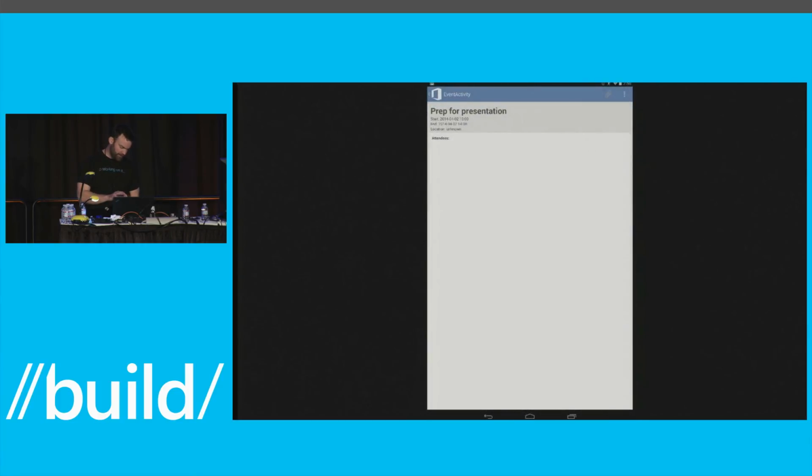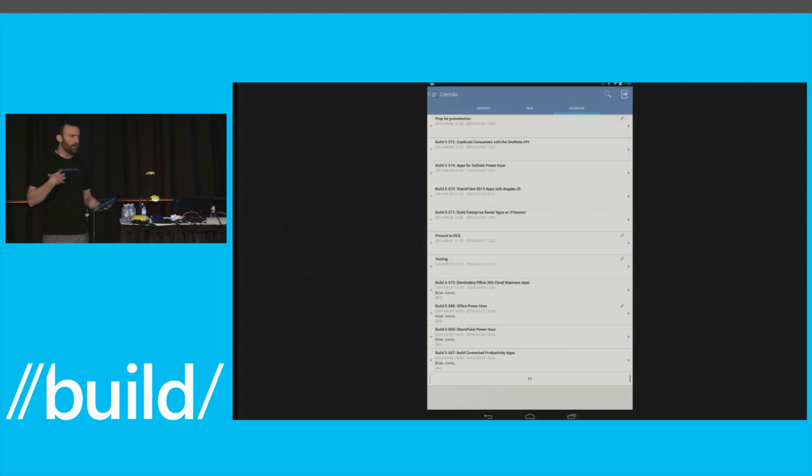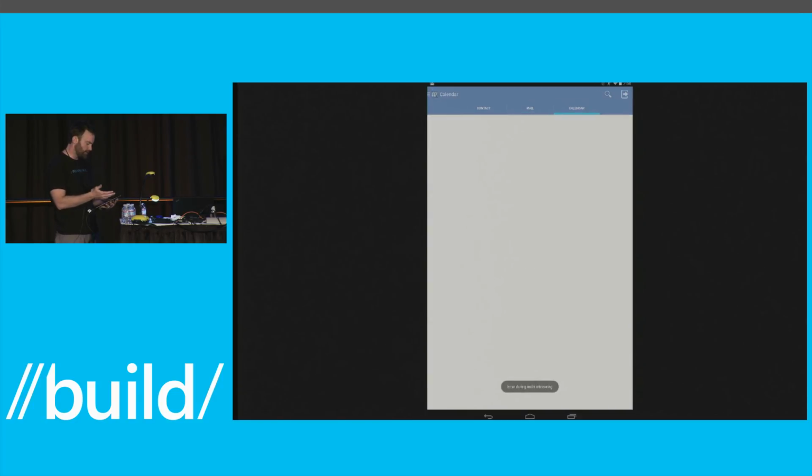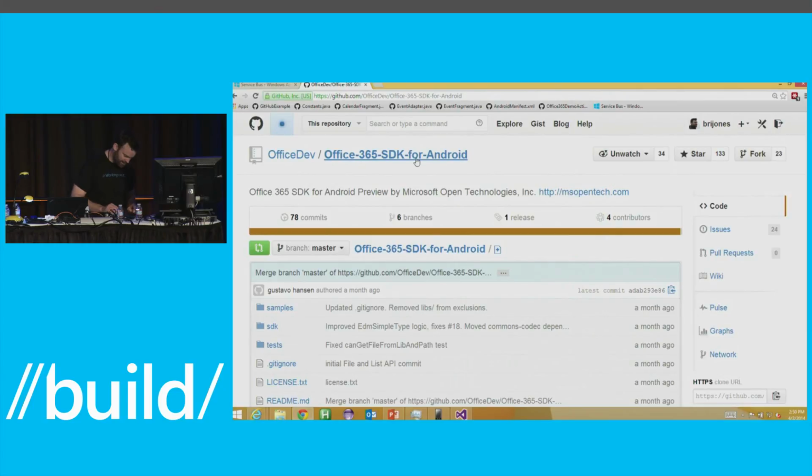And what this app does is it uses that Android SDK, and it connects to my O365 tenant, and it gets my mail information and my calendar information. Oh man, I had this problem with it before. I have to log into it again really quick. And that means I have to switch back because it's touch type, you'll see my password. And I don't want to do that.